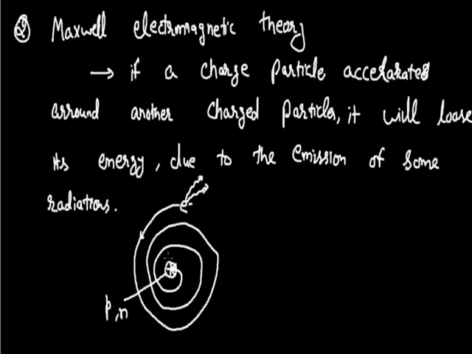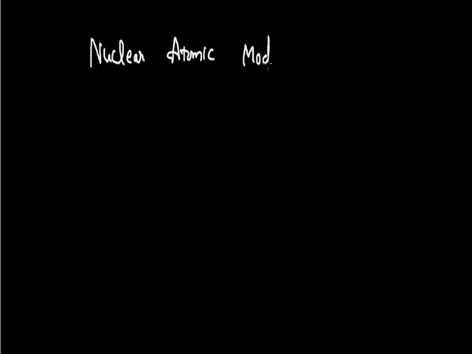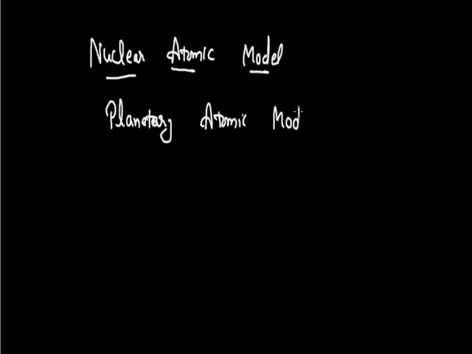And soon a different atomic model was proposed by different scientists, that is known as Bohr's atomic model. So now we will study Bohr's atomic model, but before this we are to see some merits of Rutherford's atomic model. This Rutherford atomic model is also known as the nuclear atomic model, because Rutherford was the first one who gave the idea about the nucleus, that the protons and the neutrons are arranged in the nucleus. Another name given for this model is the planetary atomic model, because the arrangement of electrons and protons according to this model is the same as the arrangement of planets in the solar system.